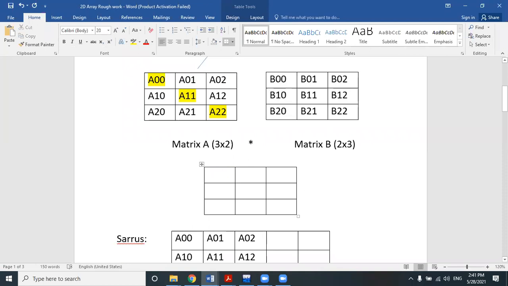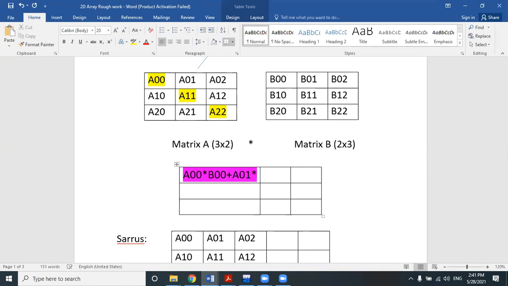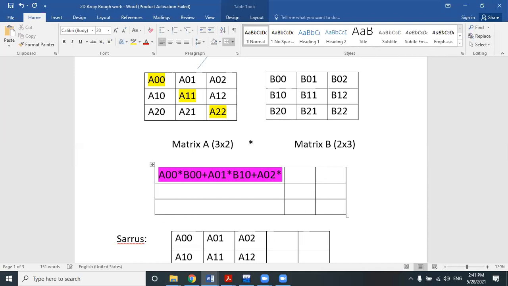So in the first cell, it should be A00 into B00 plus A01 into B10 plus A02 into B20.